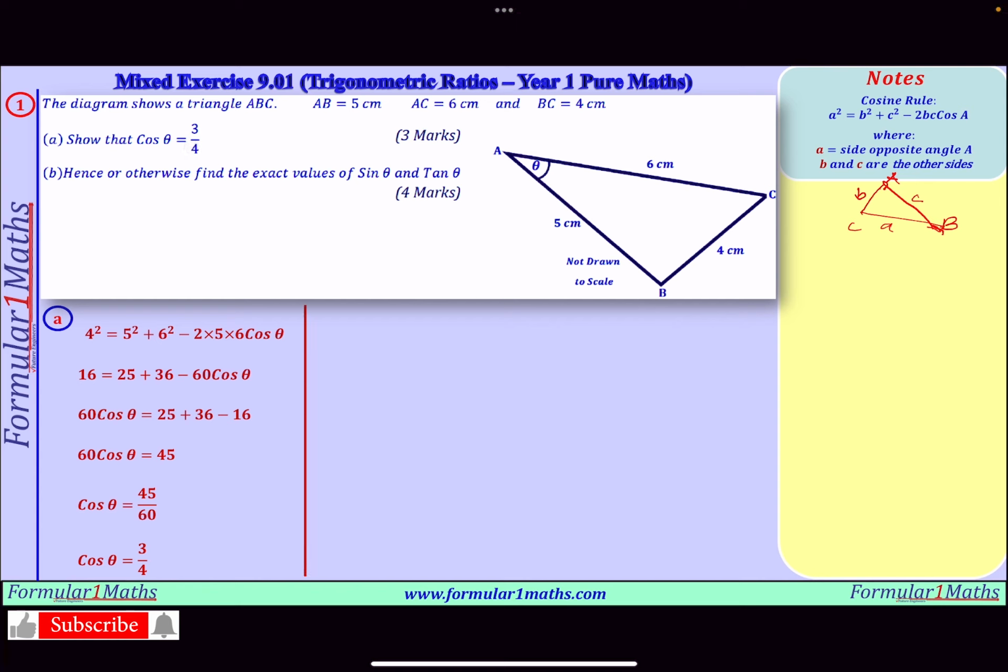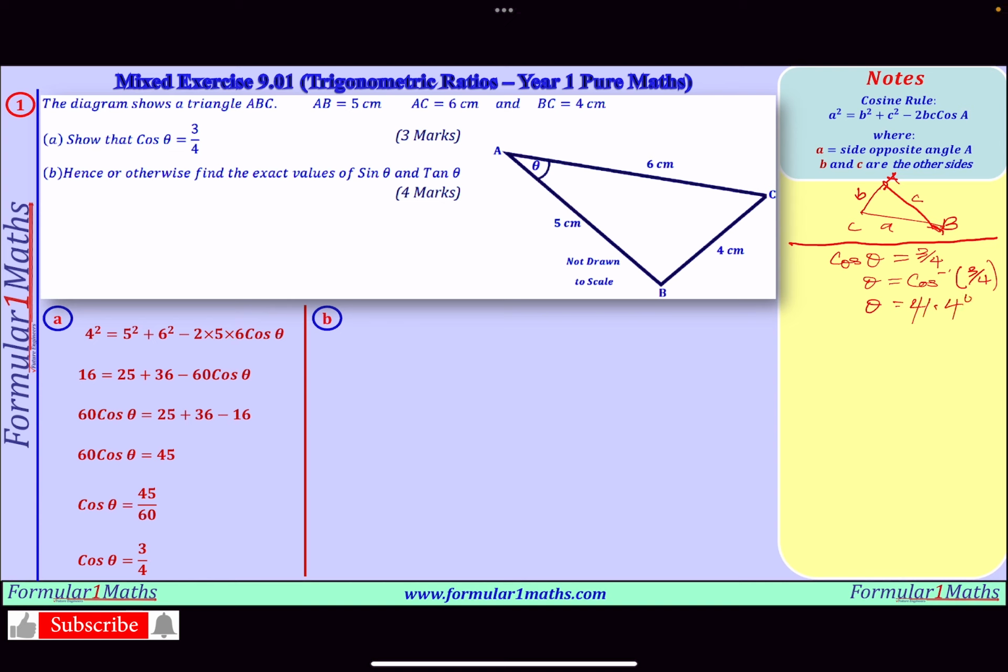And for B, before we go and find the exact values of sine theta and tan theta, I need to show you how not to solve this question. So, having got this value for cos theta, you might go ahead and do this. Cos theta is equal to 3 over 4. That implies theta is equal to cos inverse of 3 over 4. And you're going to get